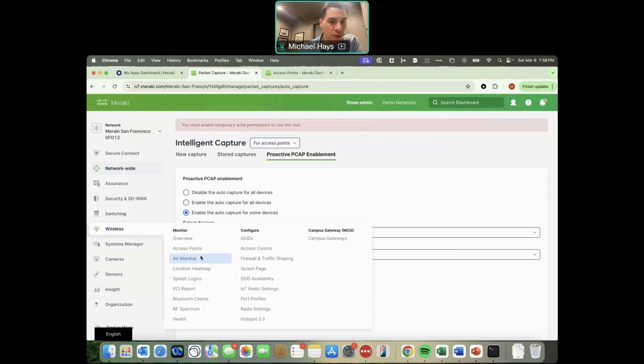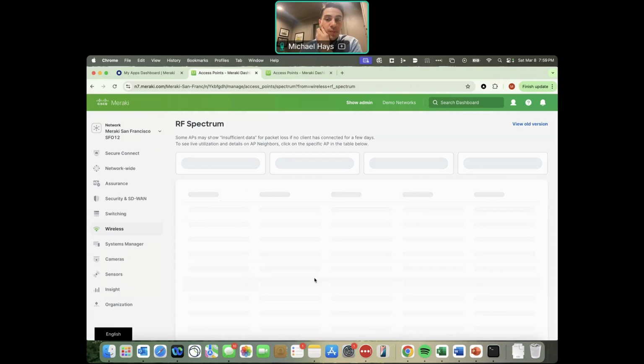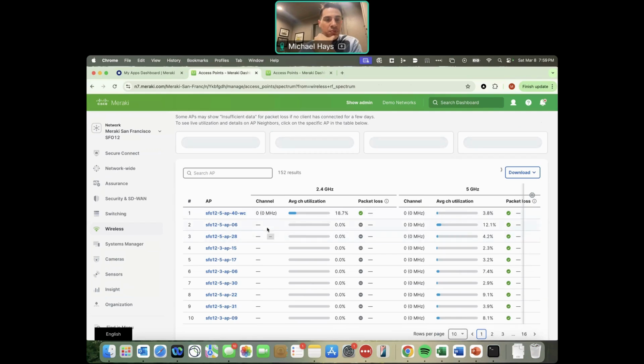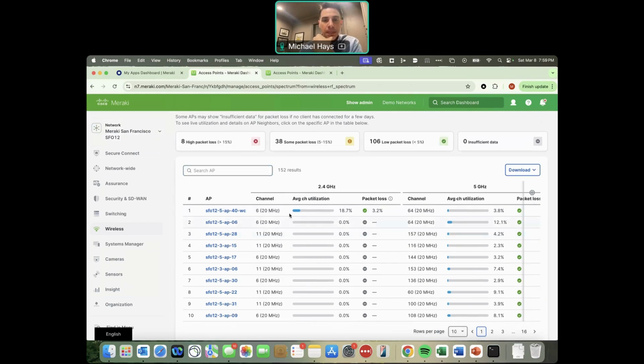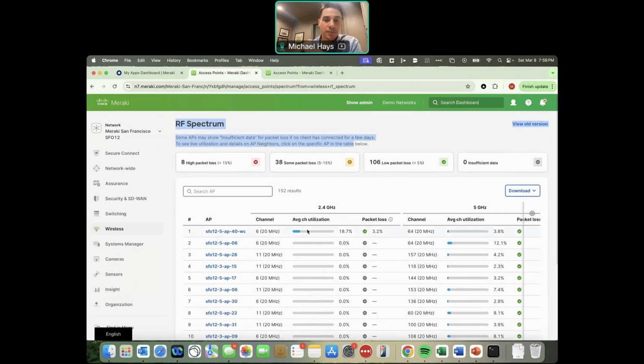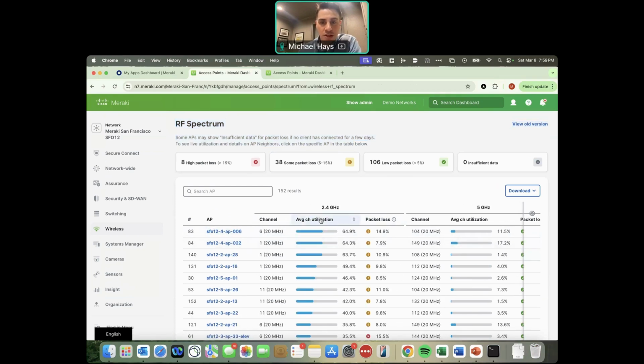So what we do is we'd come down here to wireless and go to RF spectrum. And what I'm going to do is I'm going to look for our worst performing access point in this network. So on this page, we've got a dedicated radio on all of our access points that's all the time looking at the RF environment, looking for things like channel utilization and packet loss and interference and things like that. And all that's displayed here. So what we can do is we can toggle for channel utilization,